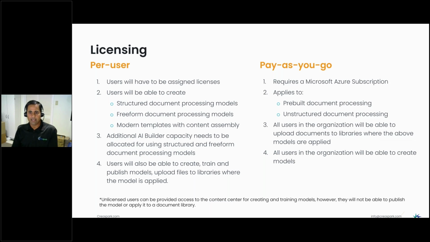Okay, so here's the important part: the licensing. There used to be two types of licensing. There was per user licensing, and then there was pay as you go licensing. I'm not going to go into the details of per user licensing, because this model was discontinued by Microsoft as of July this year. So the per user licensing is no longer available. The only option available now is the pay as you go